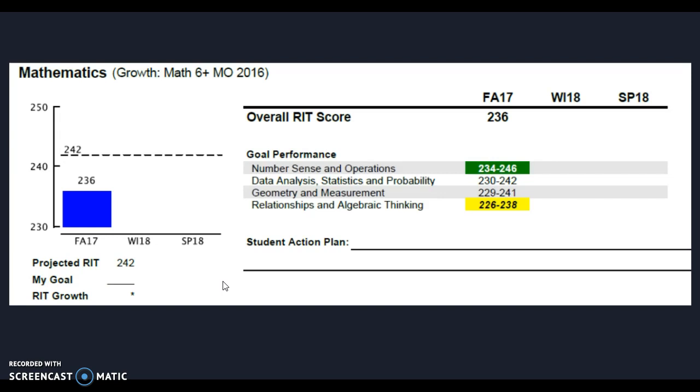So for this individual, they might set a goal of 245 or even 250. Okay, so that's the first thing that I want you to do. The next thing that I want you to do is take a look at your goal